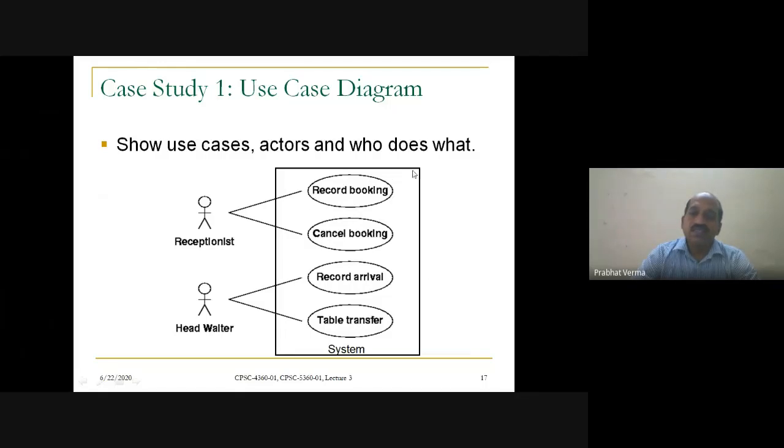We see that we have a sort of rectangular shape. This is the system boundary, which is important because each use case is within this system. All the use cases are within this system boundary, and the actors are outside of this system boundary and interact with the system.